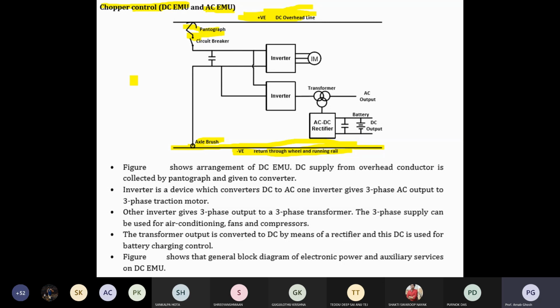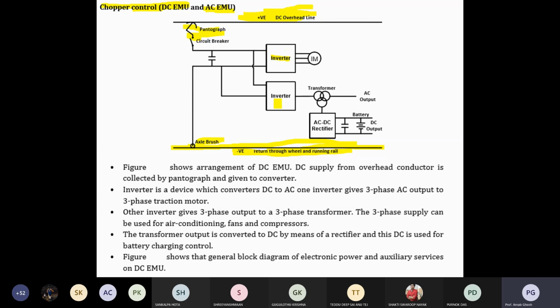So you have to use the chopper drive. Chopper drive means it is variable DC output. Okay, so fixed DC to variable DC. That's why it is called the chopper. You can vary the duty cycle of that control converter, so you can vary the output voltage also. Okay, so here you know that is your inverter.